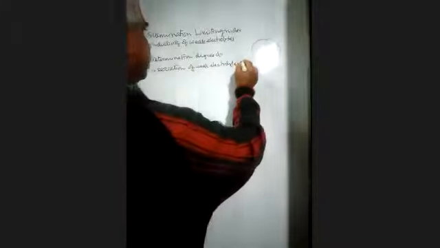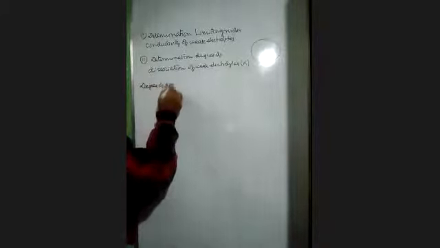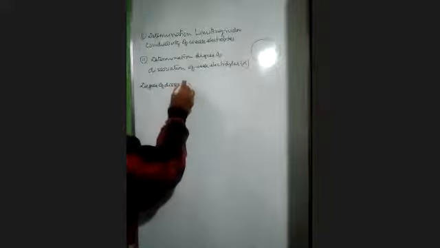Okay, that we call it alpha. Now see, what is degree of dissociation? Degree of dissociation is the number of ions present in the solution